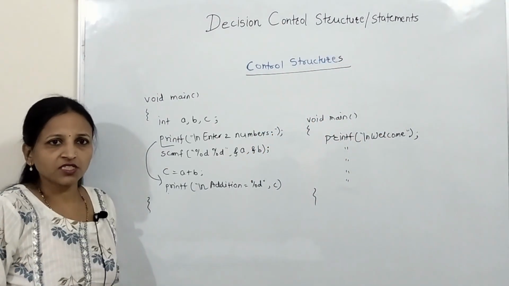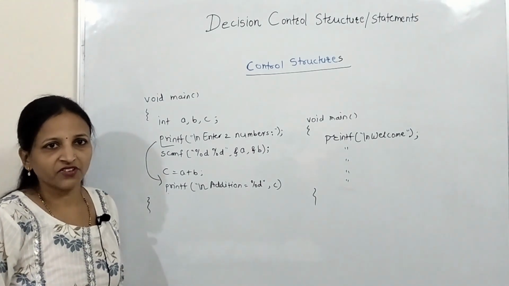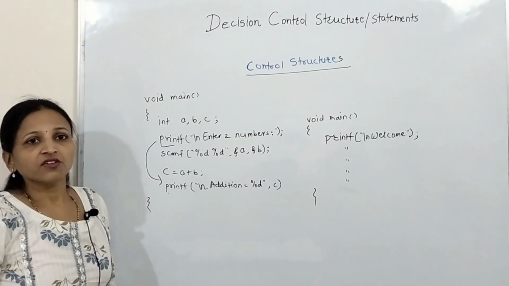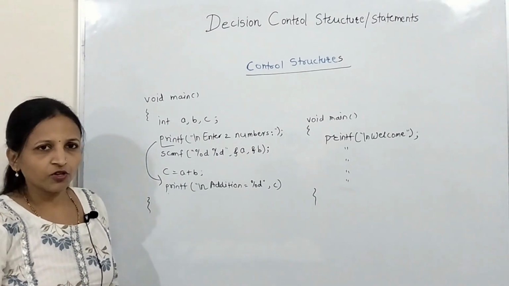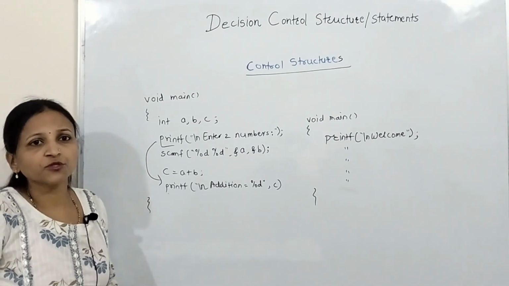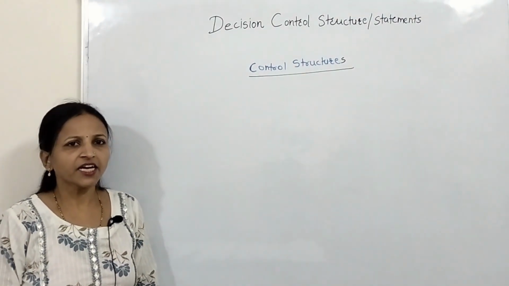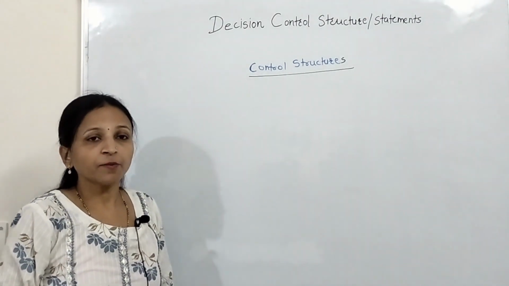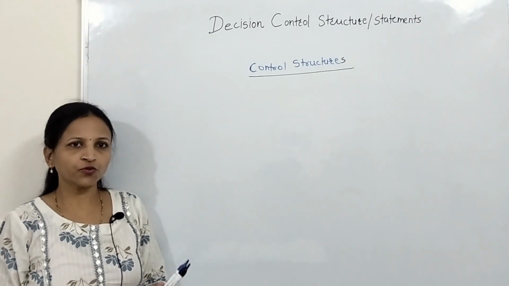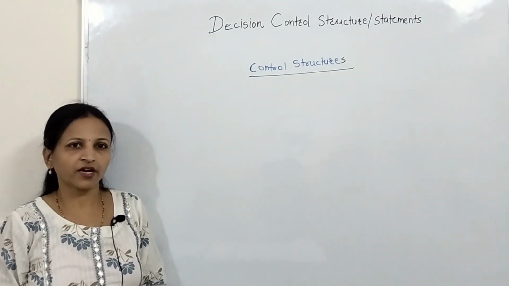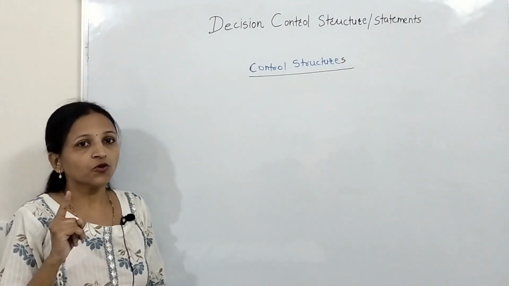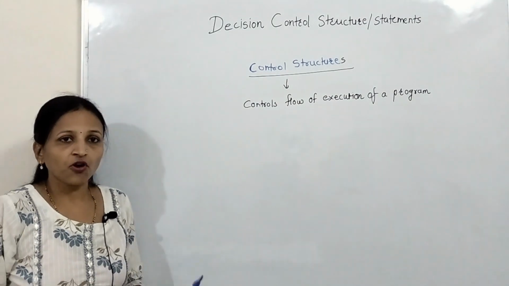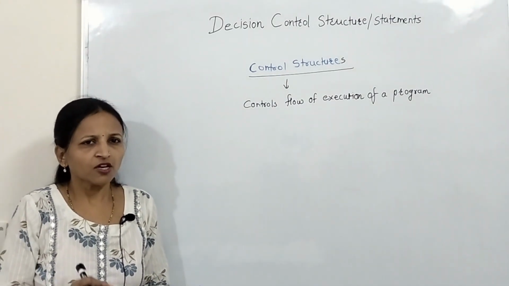This type of control structures are also available in other languages like C++, Java or Python. Now one by one we have to see all those control structures, and before that we will see the types of control structure. Now see what is the exact meaning of these control structures or control statements. The statements that are used to control the flow of execution of your program are called control structures or control statements. We have already seen that normally the execution of a program is always sequential.